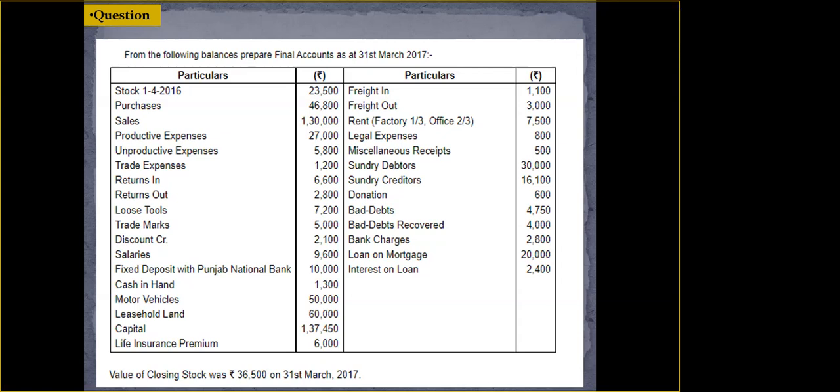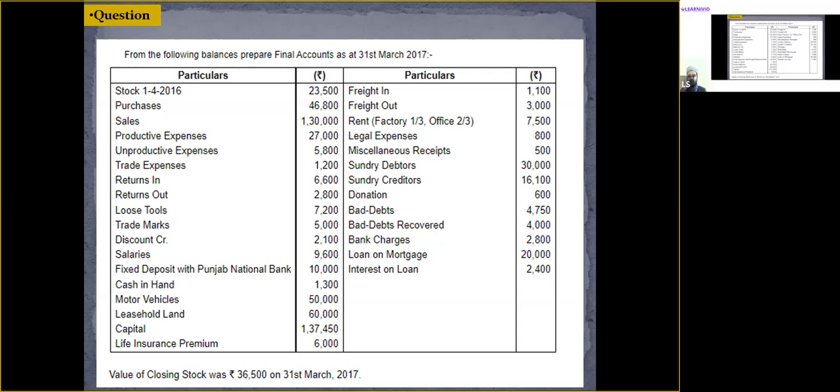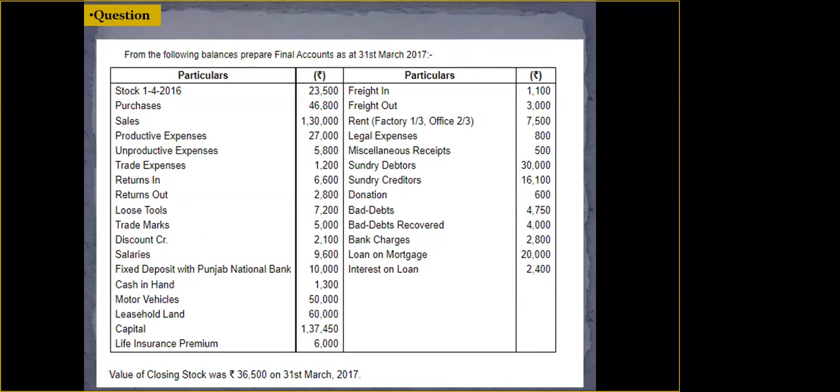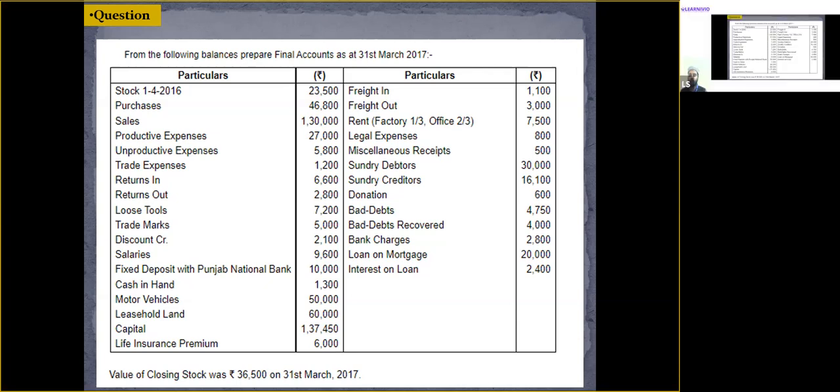Alexander, so trading account. Correct. It is why everybody is so doubtful about this. I have already explained to you that any expense related to purchase of goods will always be recorded in the trading account. This is it. No more discussion about it. So freight in is a purchase related expense. So 1100 should be recorded in the trading account. Do it everyone quickly.